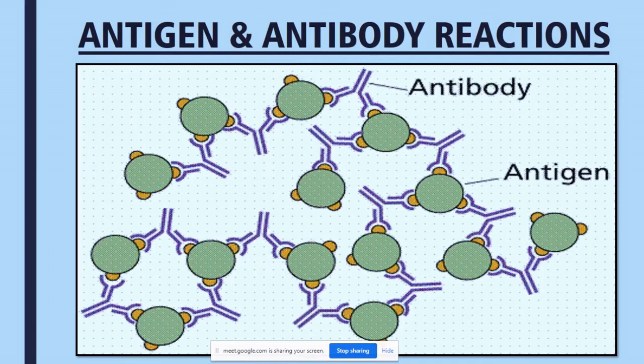We are starting with the chapter called antigen-antibody reactions. Now, whatever picture you are seeing on the screen, can you describe it? The two labels have already been mentioned. One is antibody, another is antigen. Can you throw some light upon some minor details that also are visible in the picture?